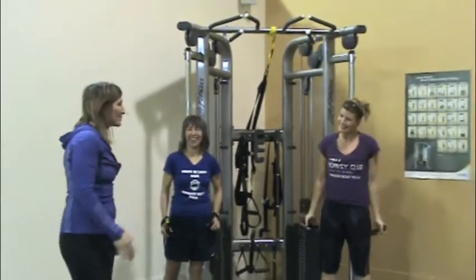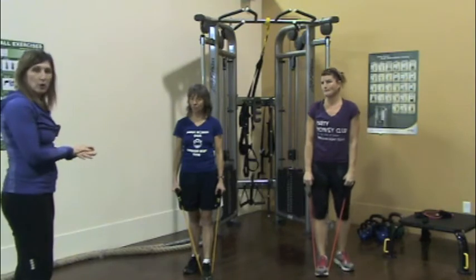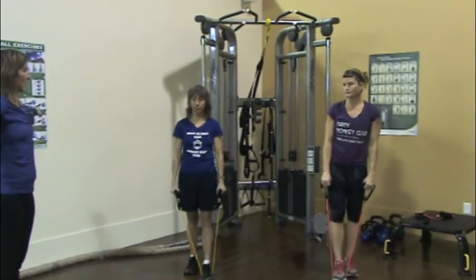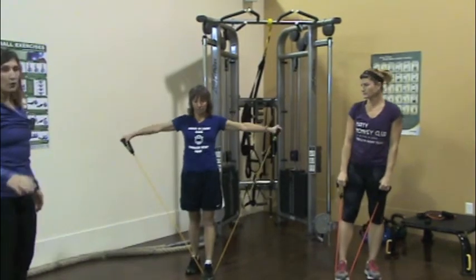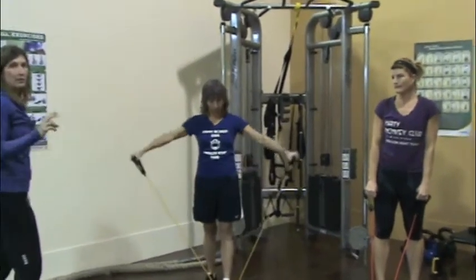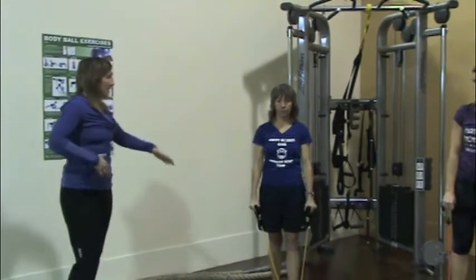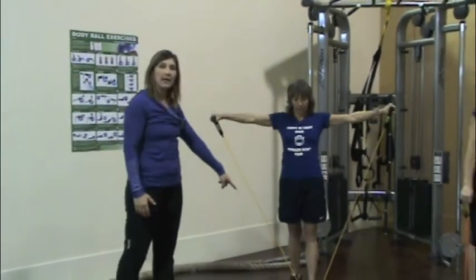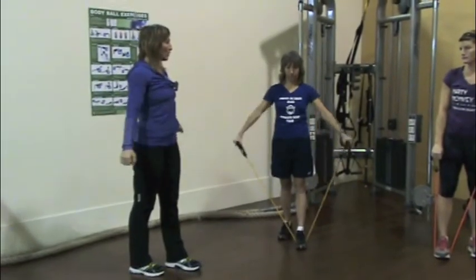Good job, ladies. All right, so we're going to move on to shoulder work here. Patty, as the beginner, is going to start with a lateral raise out to the side. She's going to do 2 sets of 12 repetitions again. She's going to be nice and strong through the middle. She's going to have one foot anchoring the band at the bottom,